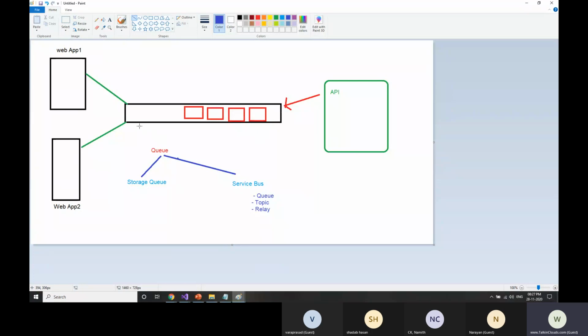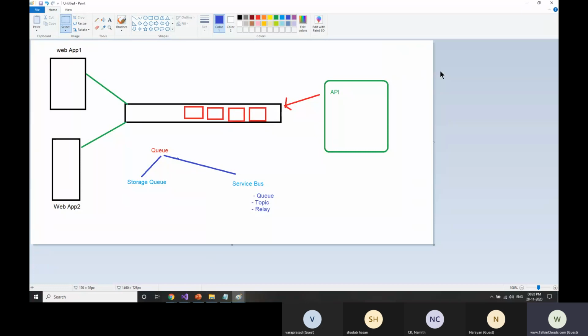With this, we will be putting in place an asynchronous application architecture, and your application will be reliable. Think about the scenario where you have multiple applications that want to talk directly to your API, and sometimes the API is down, or something has happened and your API is not responding at that moment, and you will be losing that data.